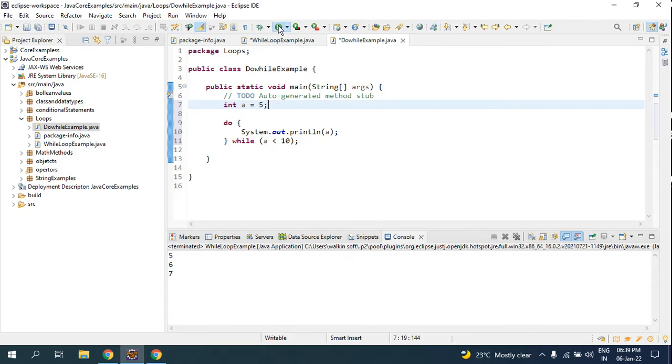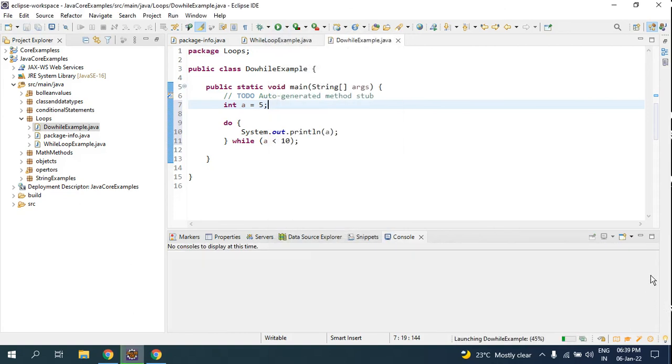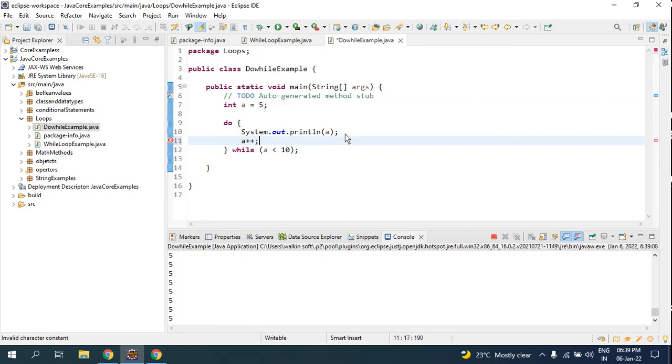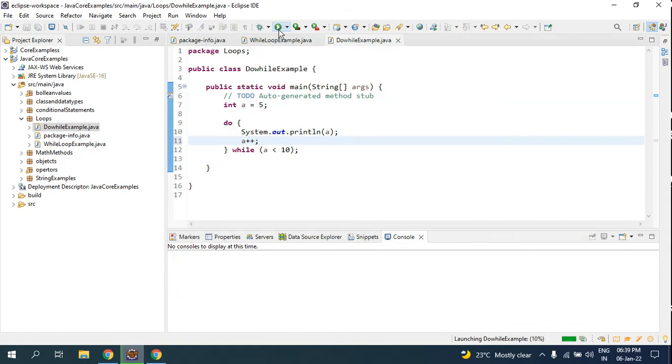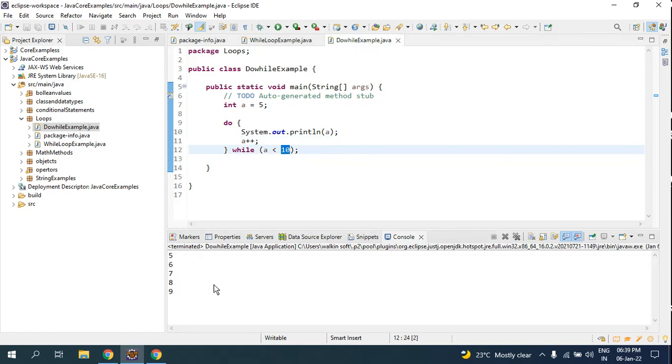Now if I run it, you will get the same output. Look here, it gets looped every time. Why? Because I have not incremented it. If I increment now, I'll stop this and run the application again. Now if you see, the value was 5, so it prints 5, then it gets incremented to 6, then it checks for the condition, the 10 here. So until the condition is met, I got the values till 9.